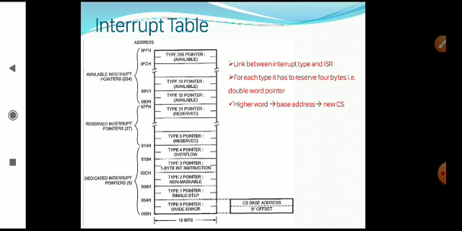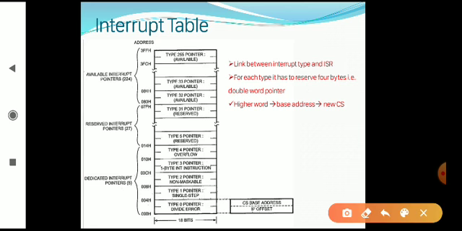In the lower address word, it contains the offset. You can observe this in the figure also. So the upper word contains the base address, related to the new CS, and the lower one contains the offset address, which is the new IP.